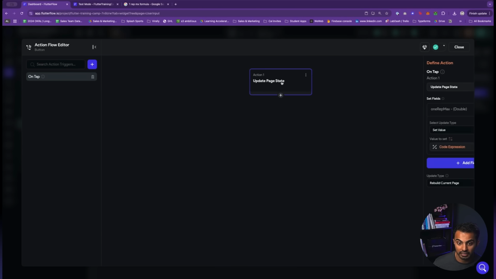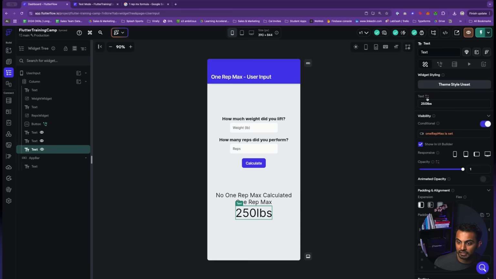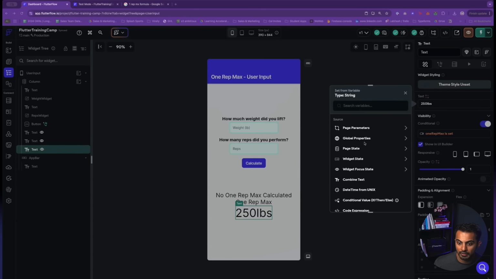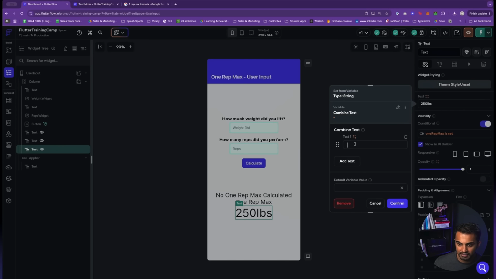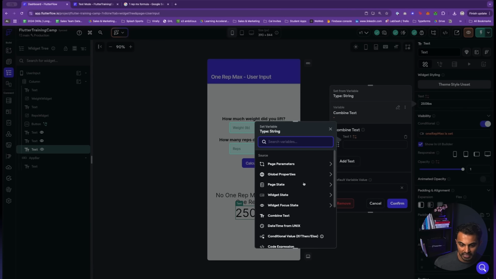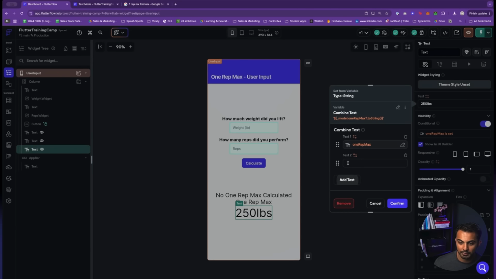All right. And now what I'll do is I'm going to pull this text and I'm going to say bind this to combine text. We're going to say the first piece of text that I want to reference is the page state, 1 rep max. Confirm. Then I'm going to add text. I'm going to type in a space with my keyboard.